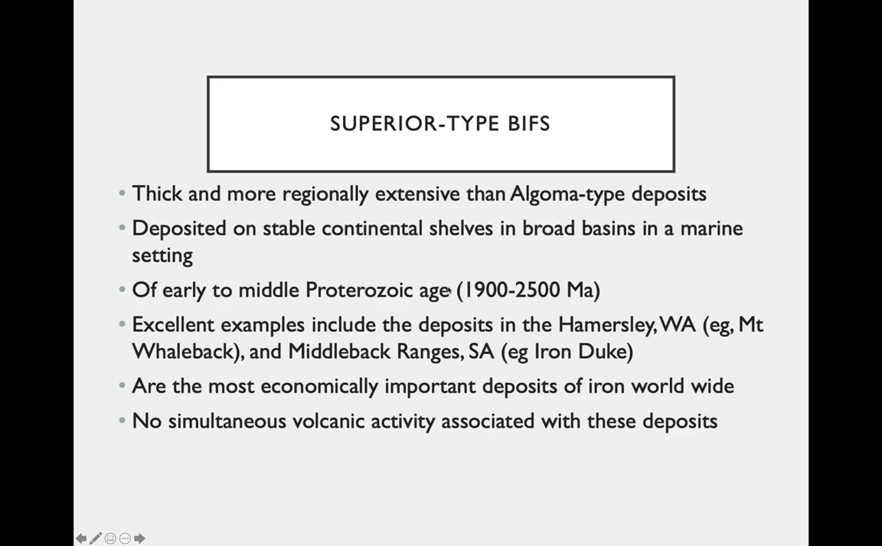So Superior type, this is the most common. They're thick and most regionally extensive. They're generally deposited on stable continental shelves in broad marine basins. Most are Proterozoic in age, and generally this is dispersed by the Great Oxidation Event at